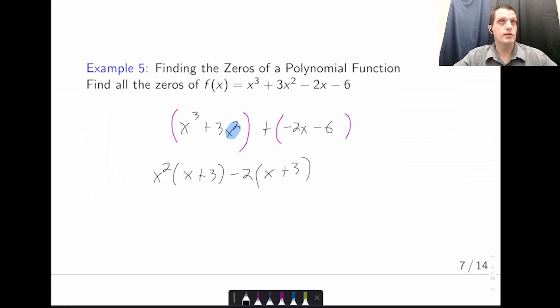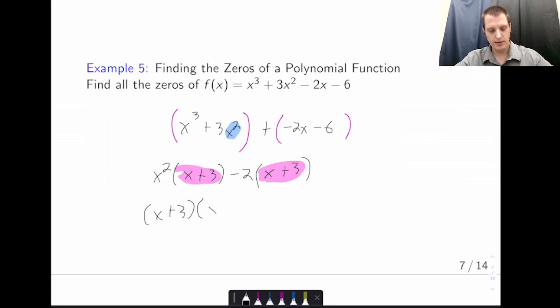Now we have one more step for factoring by grouping. We need to realize here that they both share a common factor of this x plus 3. So we can factor that out and get x plus 3 times x squared minus 2. And then we have to factor again. Here, we are going to have x squared minus 2,